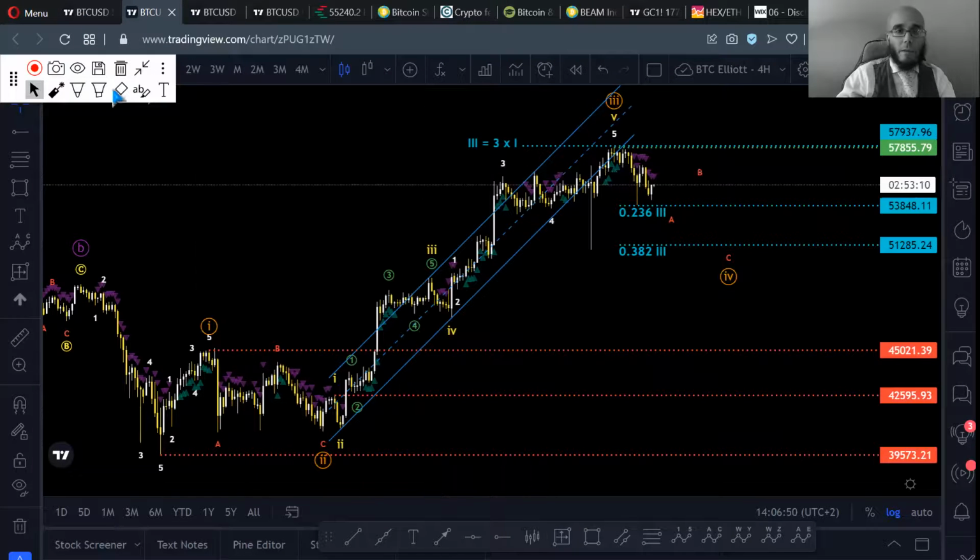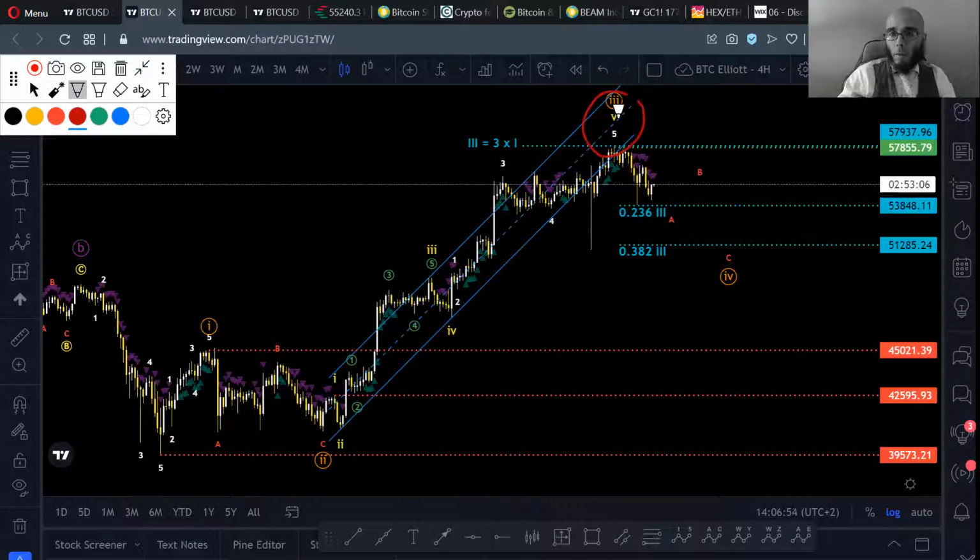So the last thing I want to say is that wave 5 of 3 did bottom when wave 3 was equal to 3 times wave 1. That was the level where we did bottom. We slightly touched it or came very, very low below it. But that's the Fib extension level where we topped.